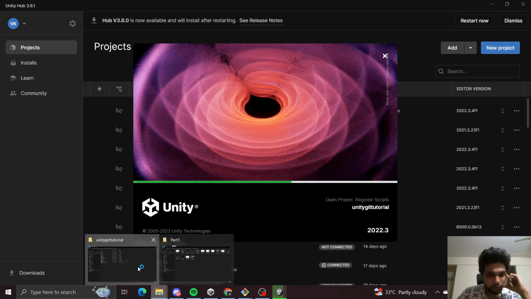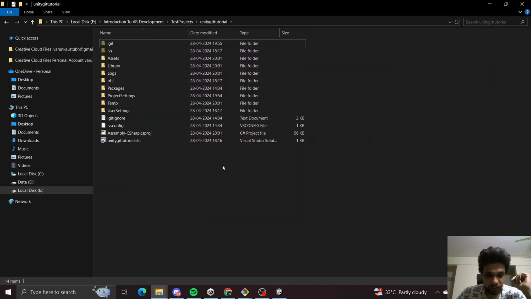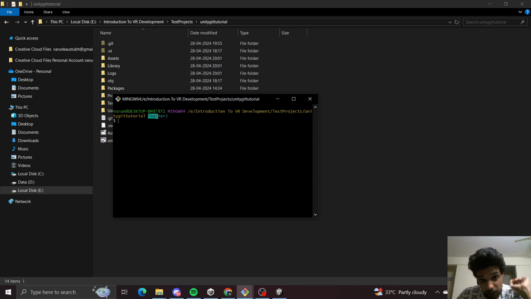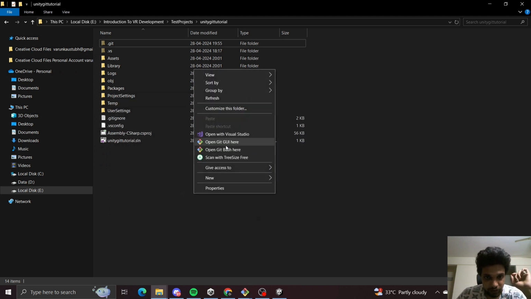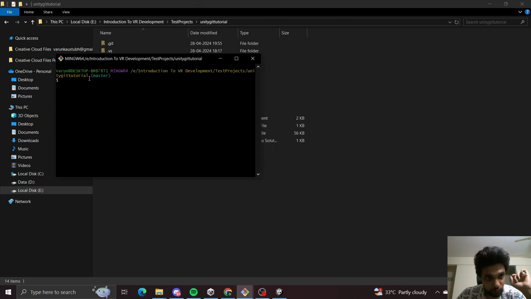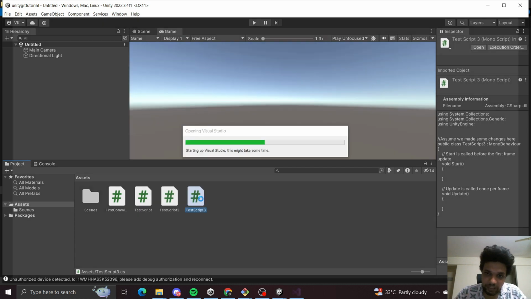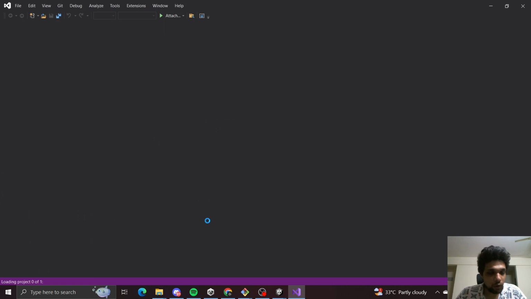And I will also open up the project in the Explorer and open git bash. We are on the master branch right now. So keep in mind that we are going to make some changes now, and it is going to be on the master branch. Okay, so now the project has opened, and I'm going to start by editing test script 3. So I'm going to open up the script,